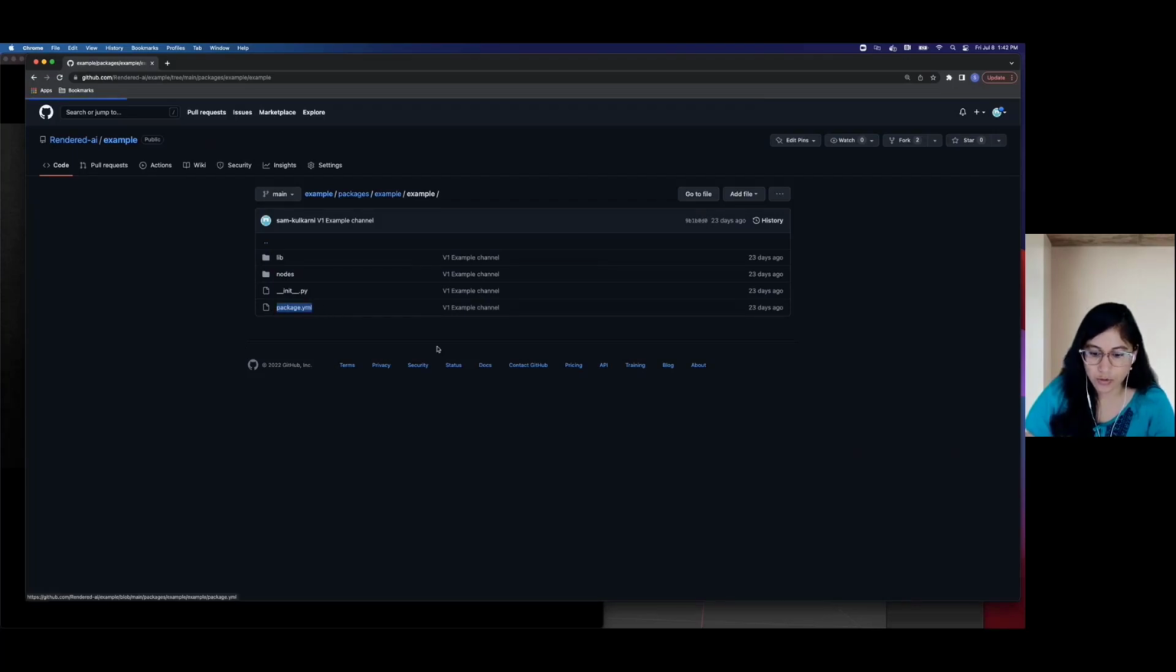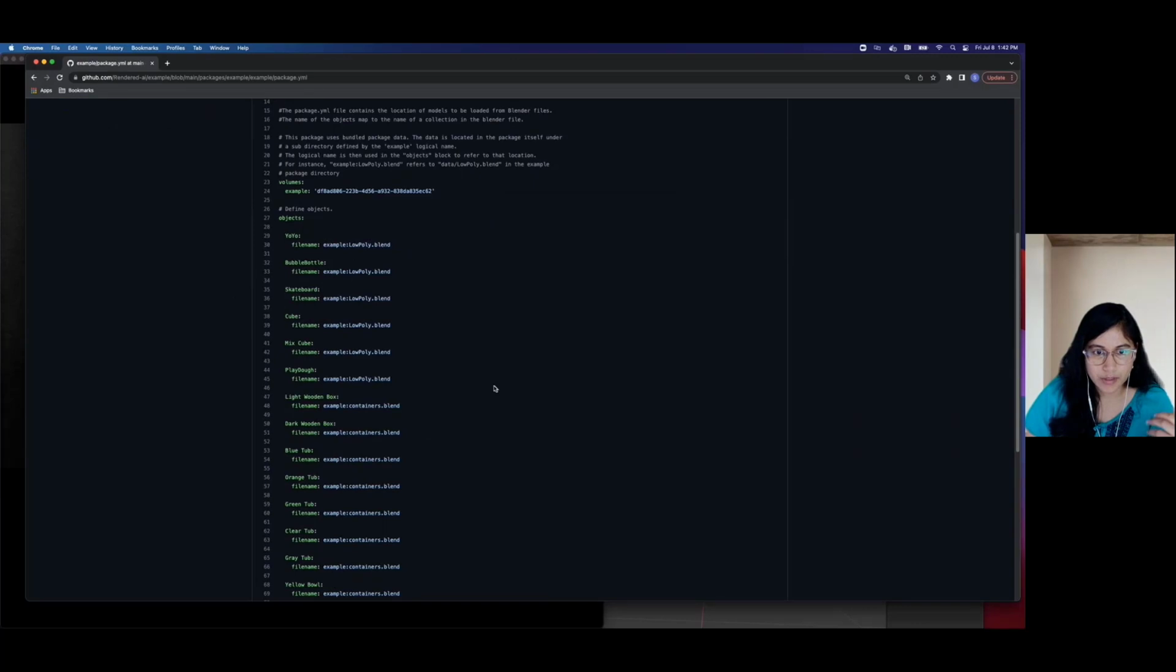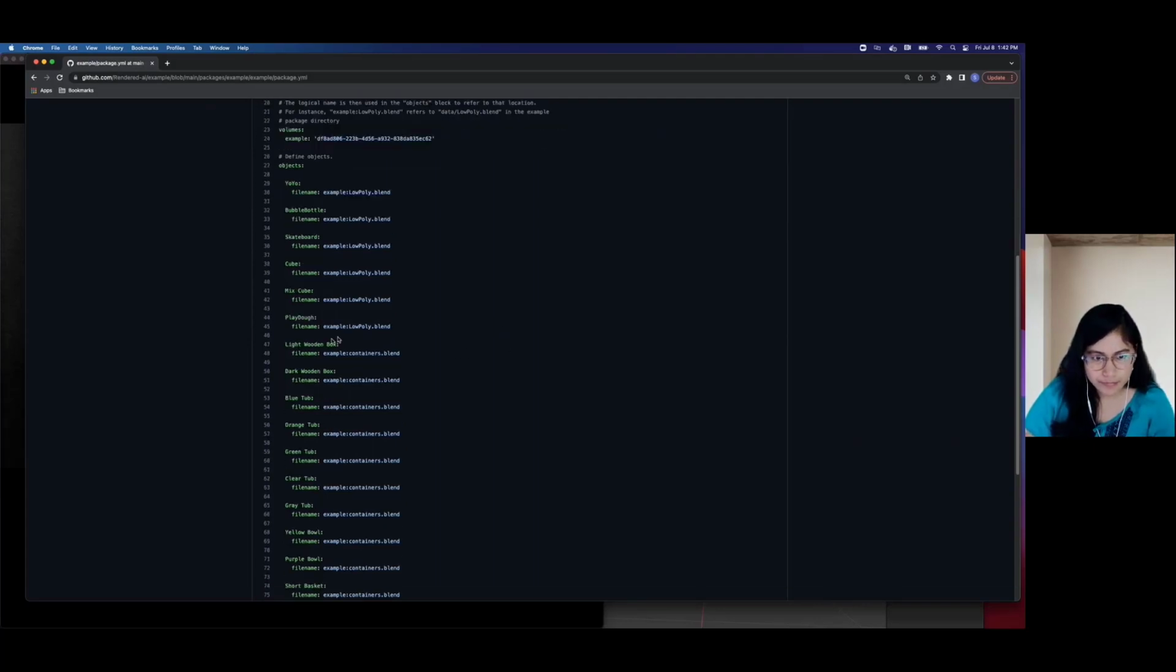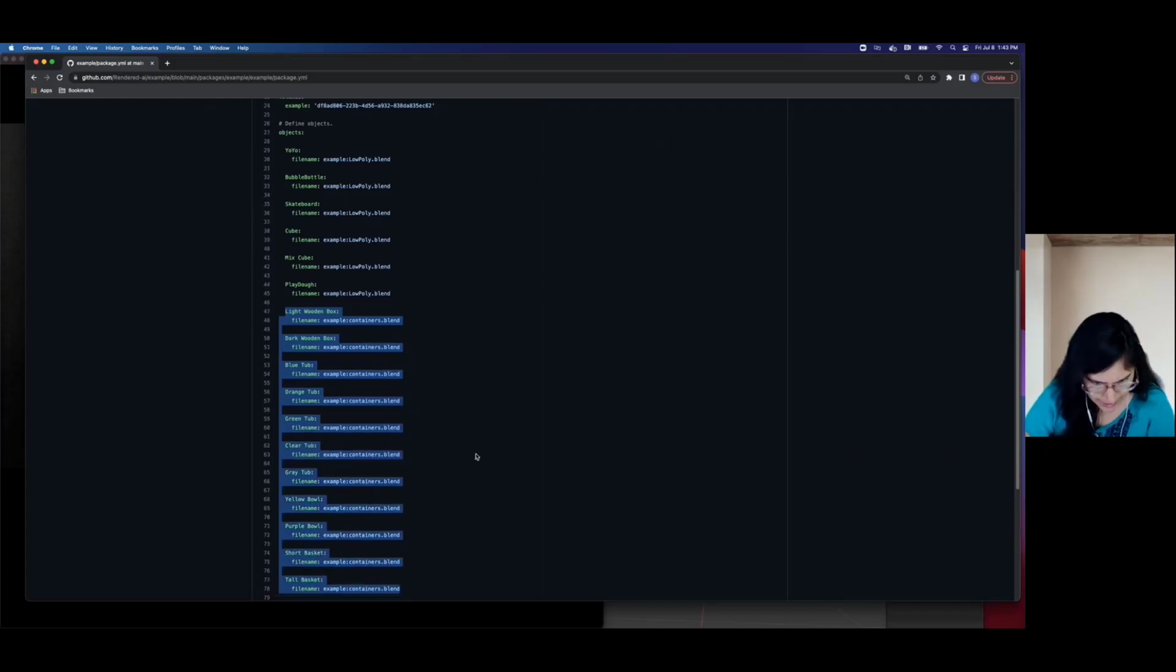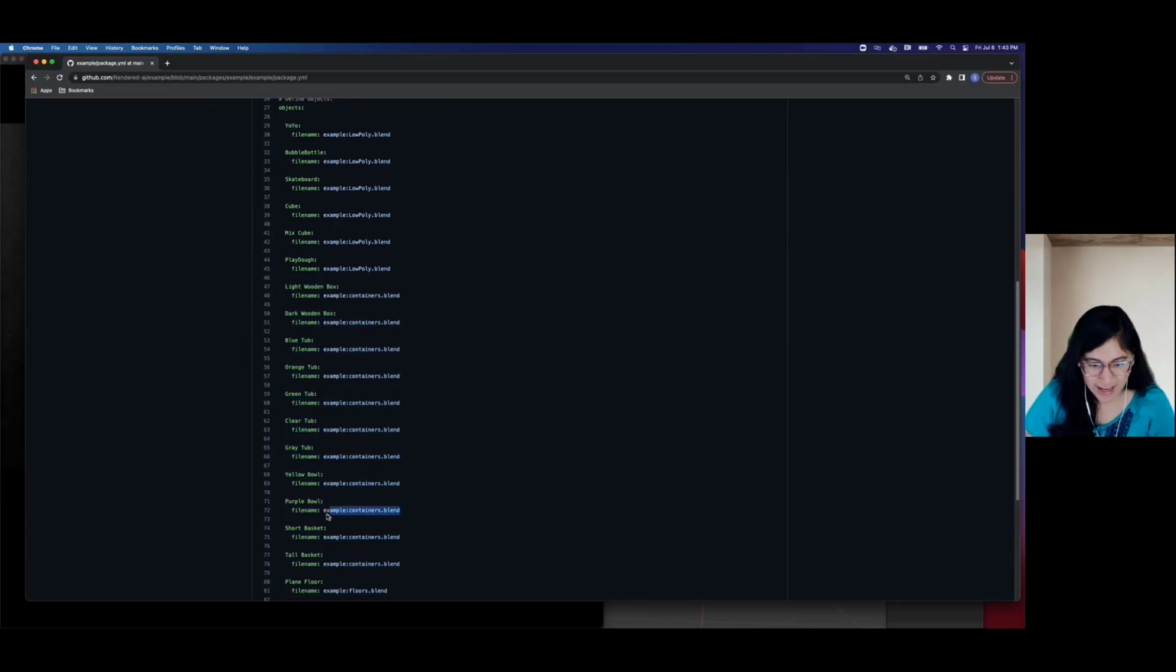So this is essentially your way of defining how you're taking in the Blender files and where the objects are located in the blend file. So you could have multiple objects defined in a single file. So for example, let's talk about how there's 6 or several different containers here, and they're all using the exact same file. So if we open up the containers file itself,